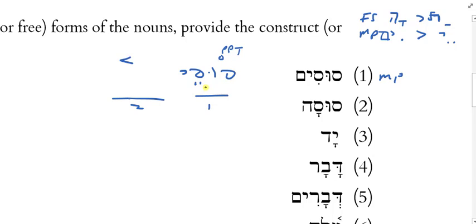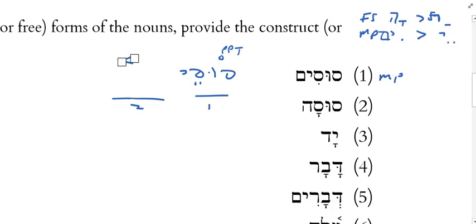They reduce to the vocal shava. Can I reduce a historically long shurik vowel to a vocal shava? No, they are unchangeable. So I'm done. It's over. Susey is it. Okay? So the horses of so-and-so is Susey David, Susey Moshe, Susey Hamelech. Now, real quickly, let's just do susa here.